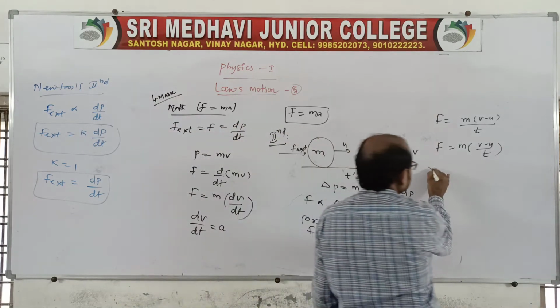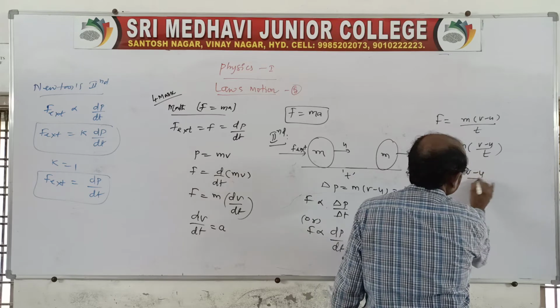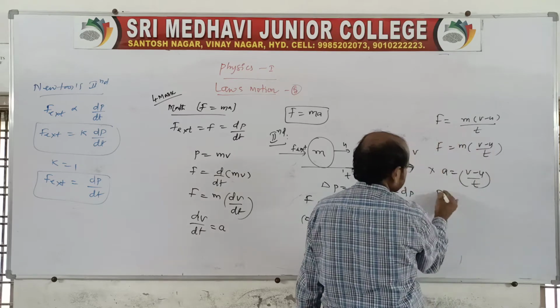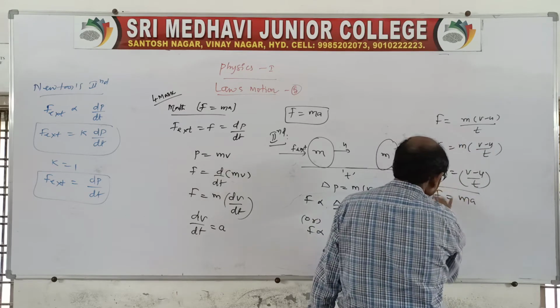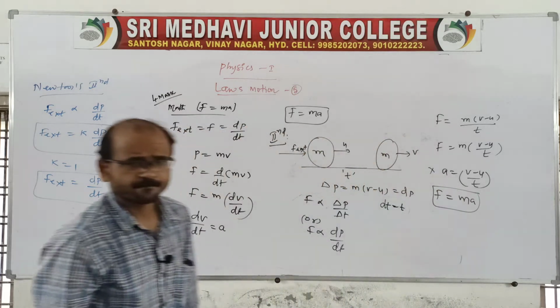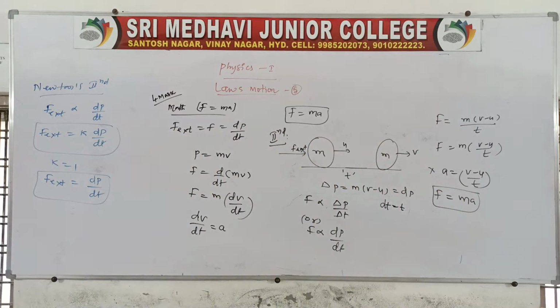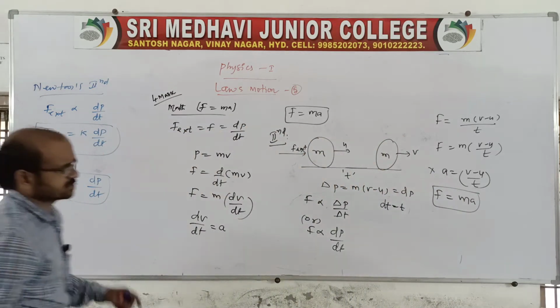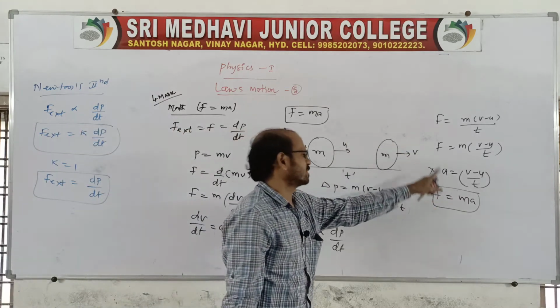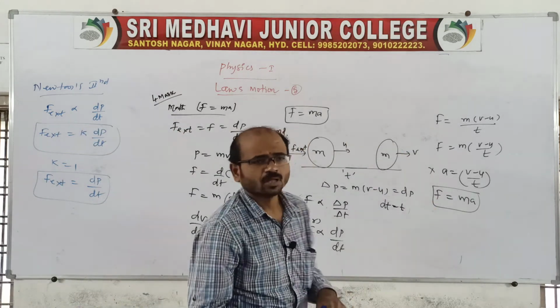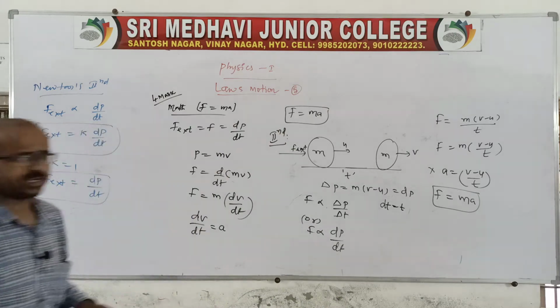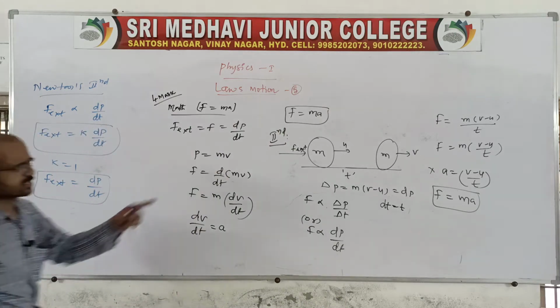Here we know acceleration is equal to (v minus u) by t, no? Then you write here F is equal to ma. This is the mathematical form of Newton's second law. Of course, you can write any one, it is correct, because we have both methods. We will use this method in the problems also, and if you write this method in the final exam, no problem, or else you write the other, also no problem.